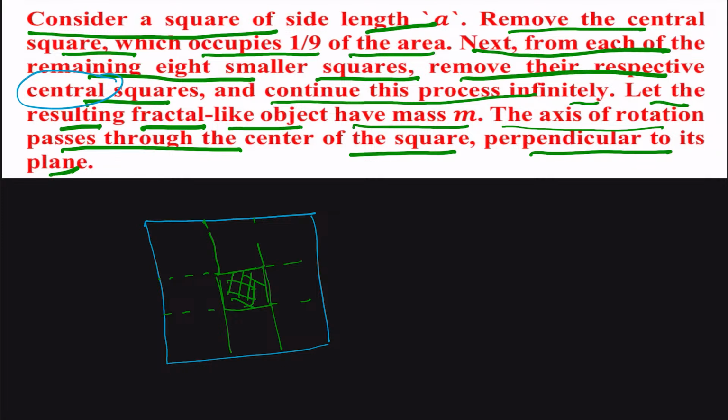So we are given the side A, and this is going to give us a 3x3 grid, and if you remove the central one, this 3x3 grid is going to give us 9 equal small squares,